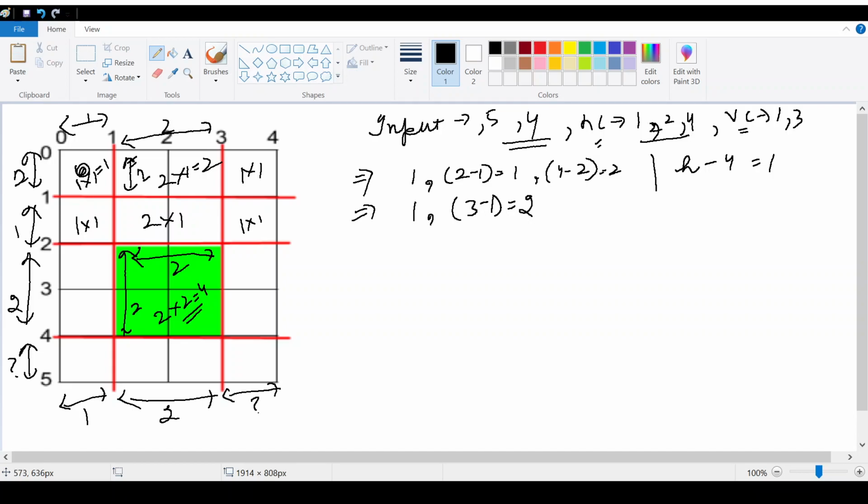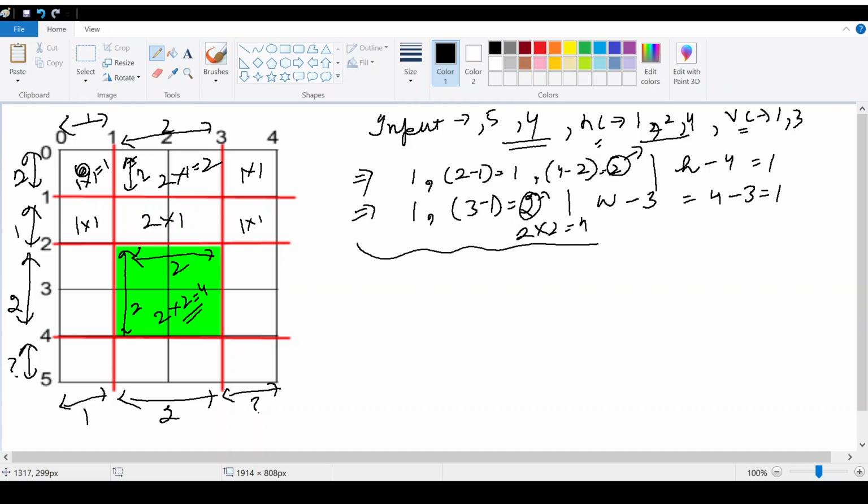How can we calculate it? At the very last we can do total width minus last element 3, that is 4 minus 3 equals to 1. So our maximum height is 2, maximum width is 2, so area will be 2 into 2 equals to 4.